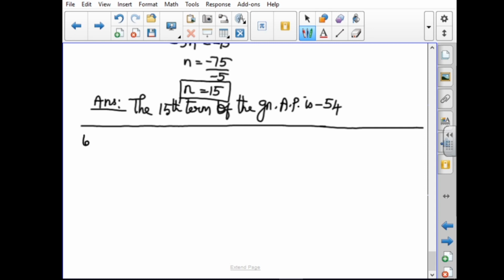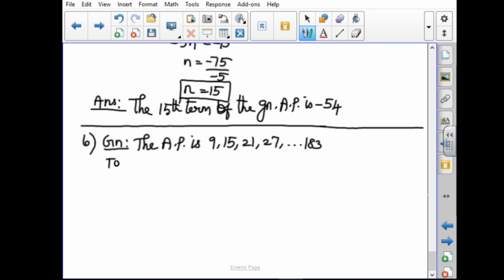Sixth sum. Here you have to find the position. Find the middle terms. So they give it in the plural form. So we have to find two terms of an AP. So the given AP is 9, 15, 21, 27, etc. 183. It is in the increasing order, so the common difference should be positive. The last term is given as 183. So it is a finite AP also.